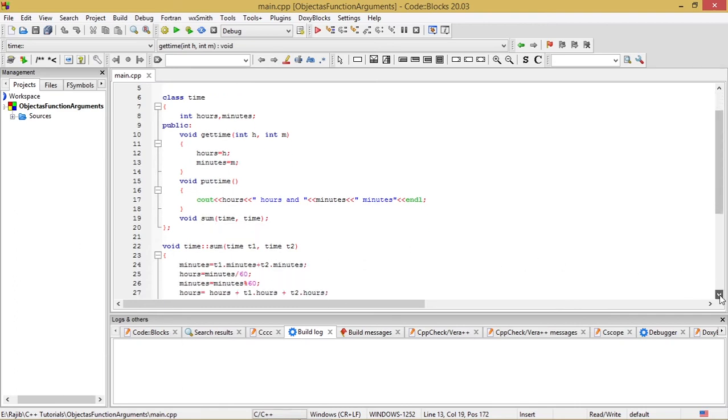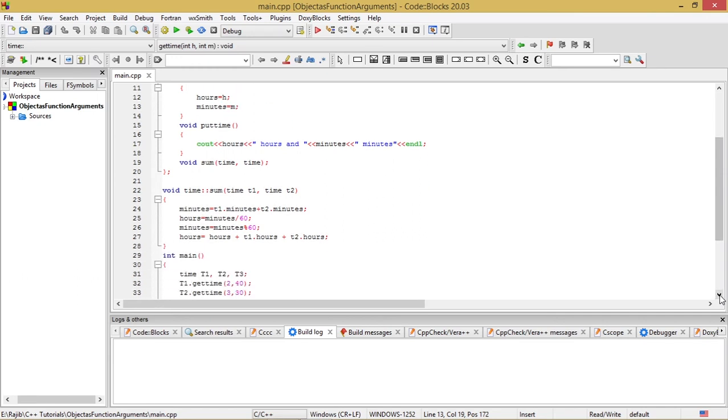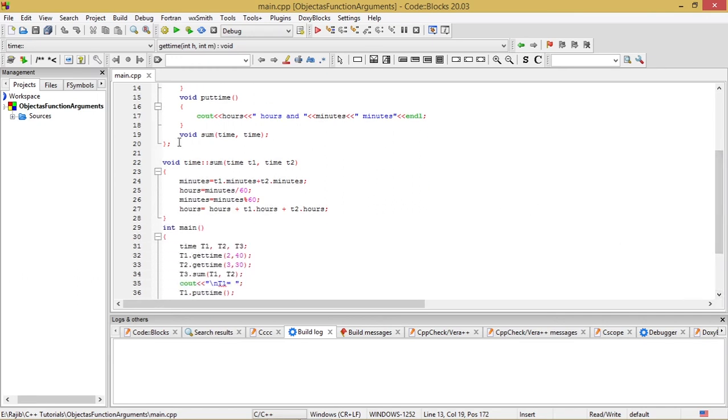So now let's go to the function body after the class definition, that is, here the class definition ends, and after that I have defined the sum function, which is definitely a member function of the class time, but since it has a few lines of code in it, I didn't define it in the class body.